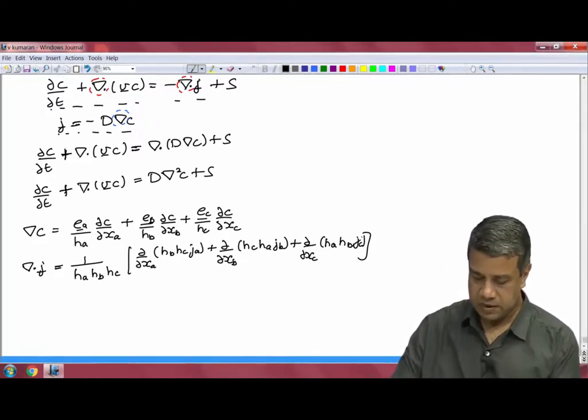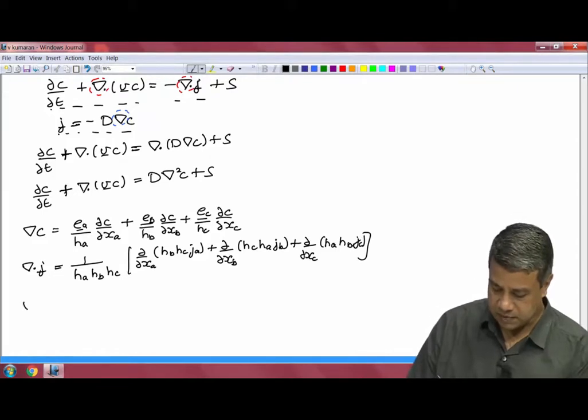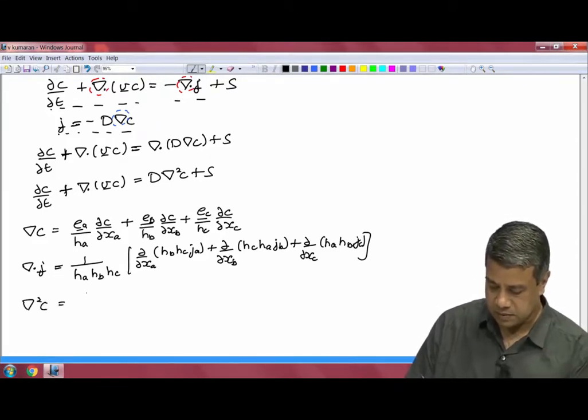Okay. And you can put this in to get the Laplacian, del square C is equal to